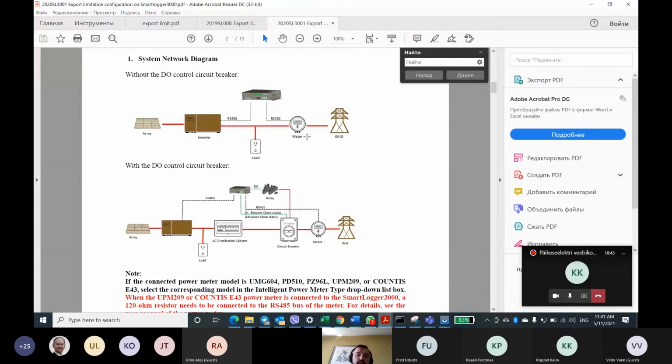Your inverter can receive data from the meter directly, like it is connected now, or through the logger. We will show you both variants, when it's connected to the inverter directly and to the logger. Now we connect the meter directly to the 10 kTL inverter, and the smart dongle is also connected to the inverter.